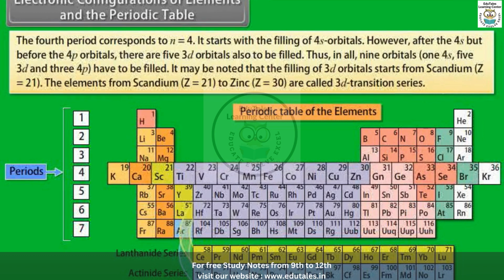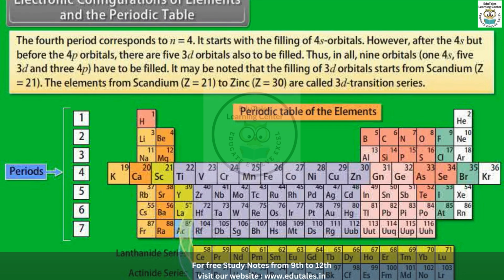The fourth period corresponds to n equal to 4. It starts with the filling of 4s orbitals. However, after the 4s but before the 4p orbitals, there are 5 3d orbitals also to be filled. Thus, in all, 9 orbitals, one 4s, five 3d and three 4p have to be filled. It may be noted that the filling of 3d orbitals starts from scandium, atomic number equal to 21. The elements from scandium, atomic number 21, to zinc, atomic number 30, are called